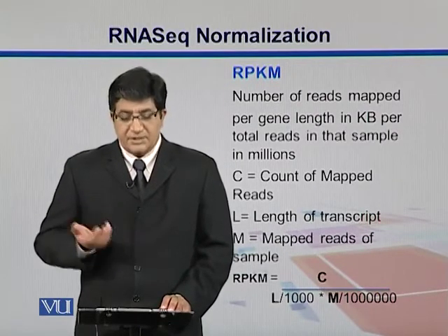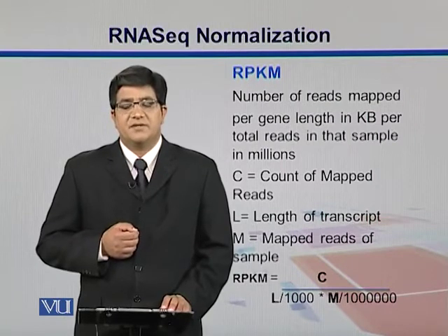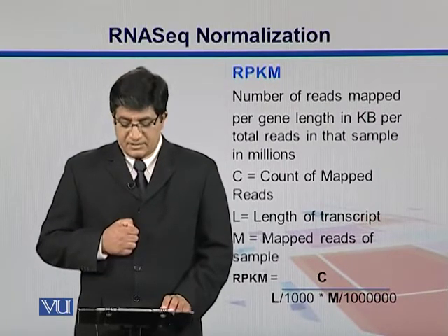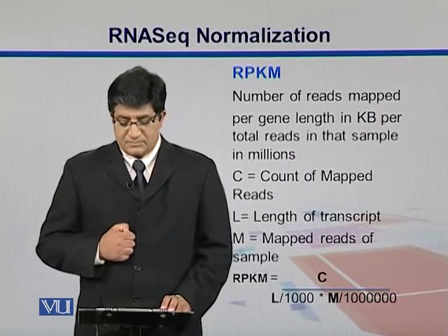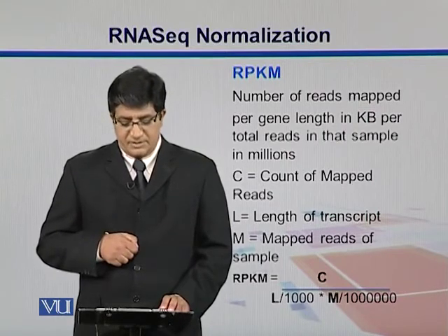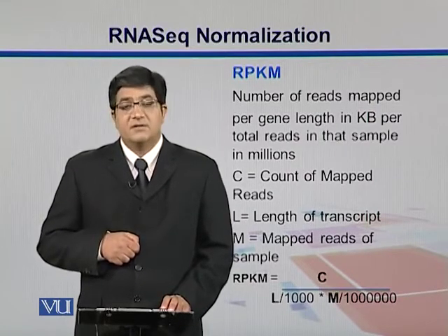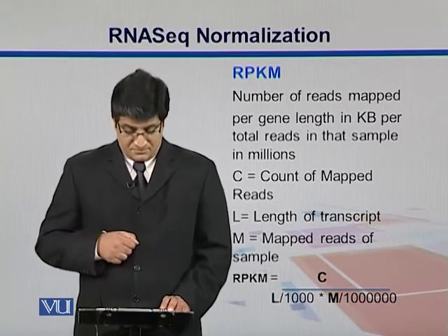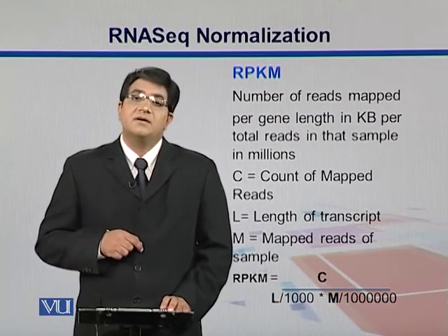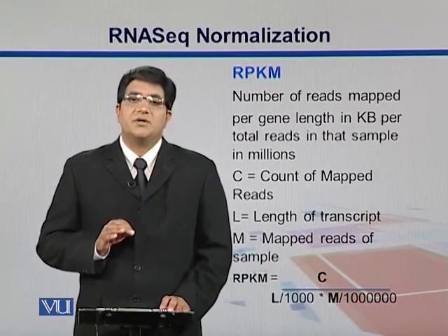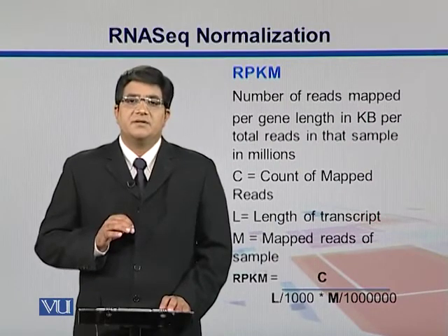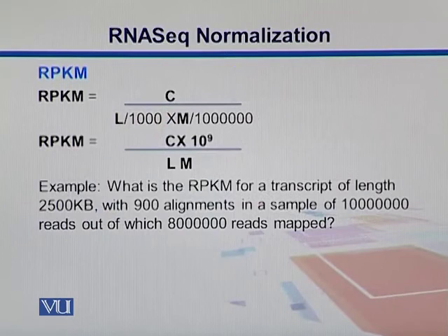We take the total reads, whatever number of reads were present in that sample, and we divide it by this million number. So that's why we will get the read number in millions. That M stands for the mapped reads. We are not looking into the whole reads which are present in that sample, but the mapped ones.